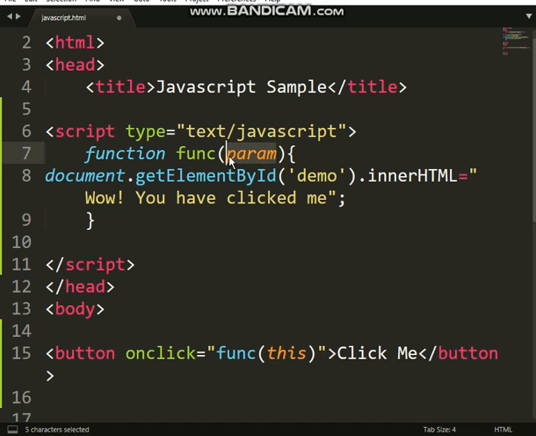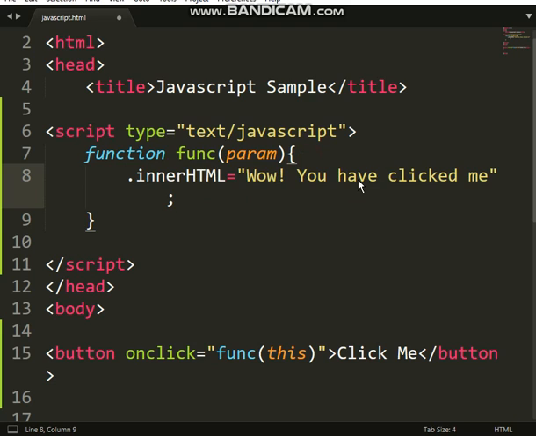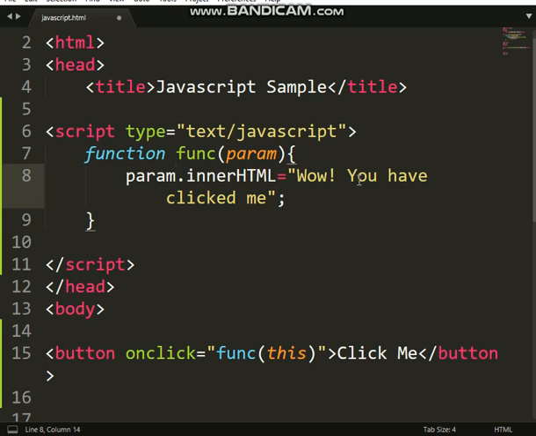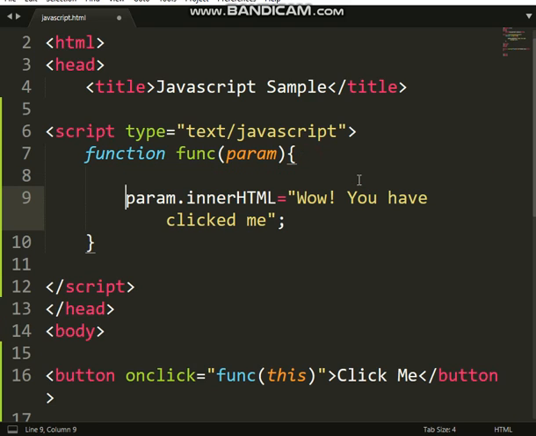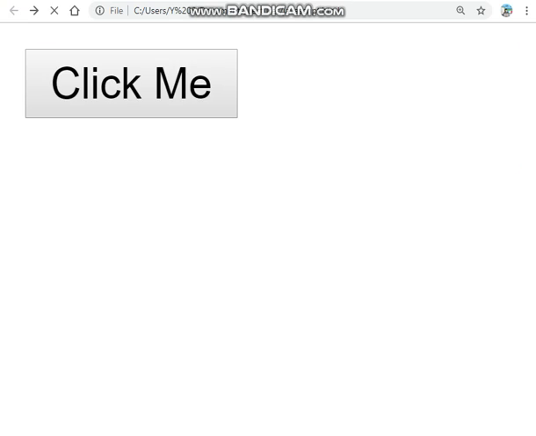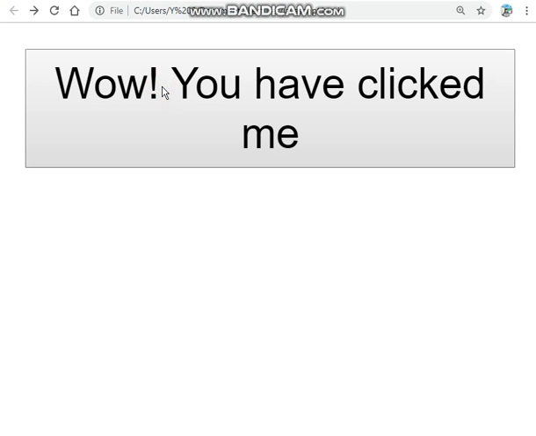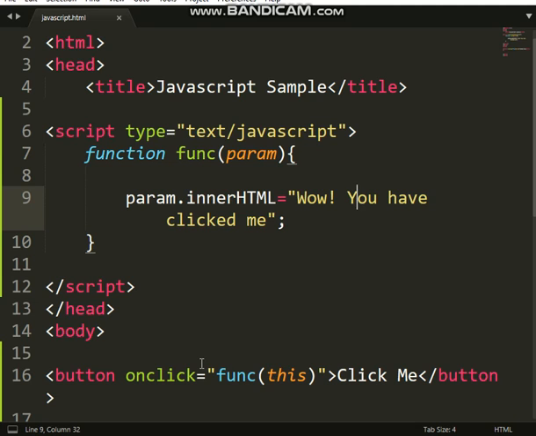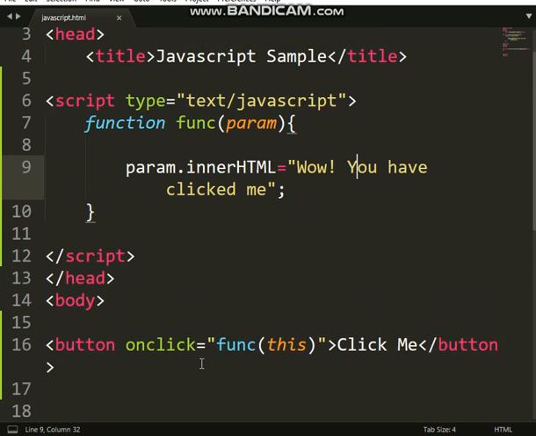So let me use param here. It will now be param dot innerHTML equals to wow. Which means this particular button's HTML should be changed to wow. So let's refresh and check. You can see, wow, you've clicked me. That's another way you can pass a value